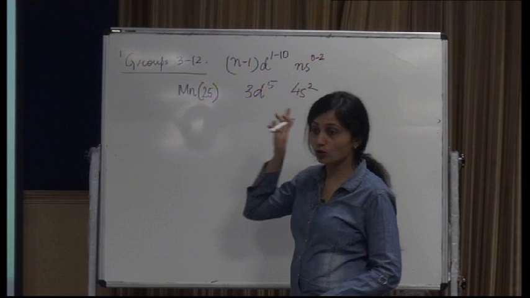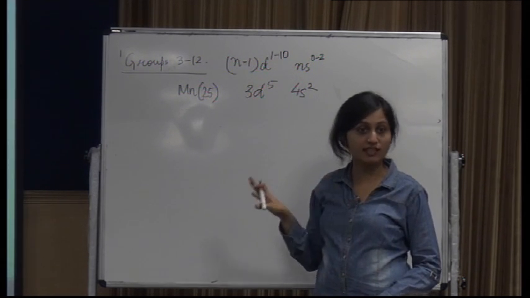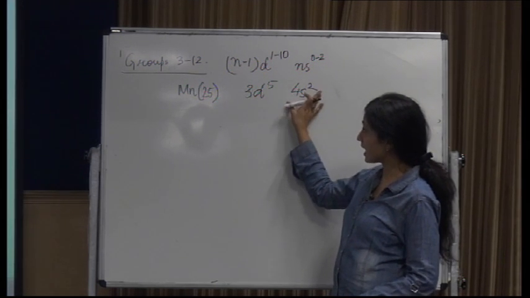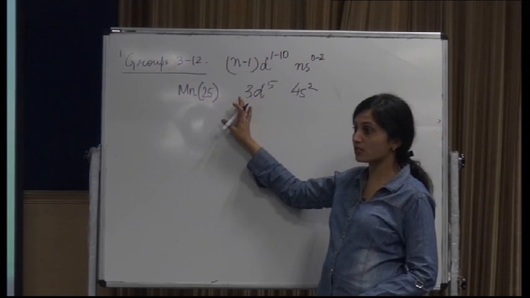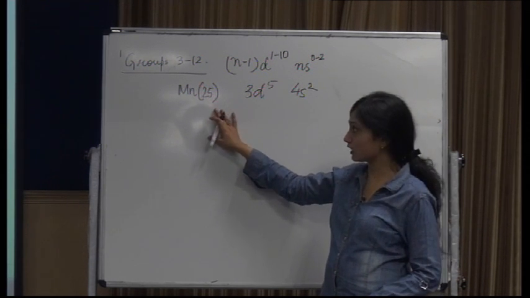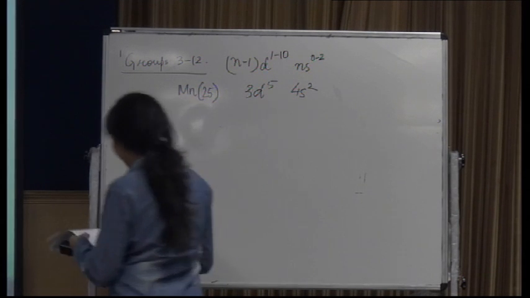In the 3d series 3d is getting filled, in the 4d series 4d is getting filled, in the 5d series 5d is getting filled, and the s orbital is generally one higher principal quantum number. Okay, got it? For 21 to 30 as it is, you know. And then we have for